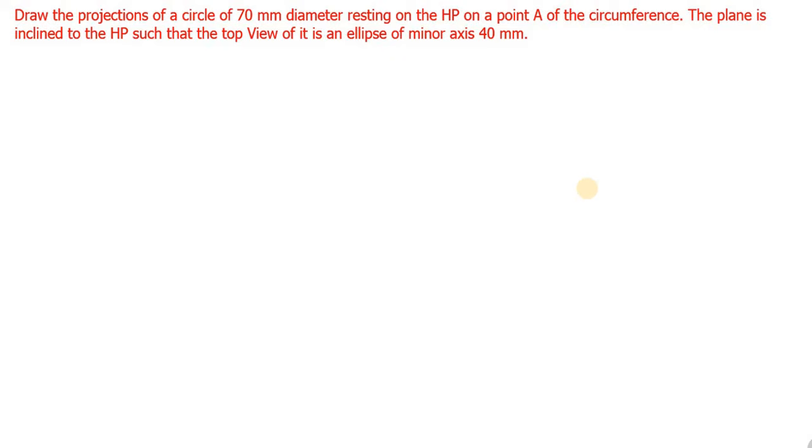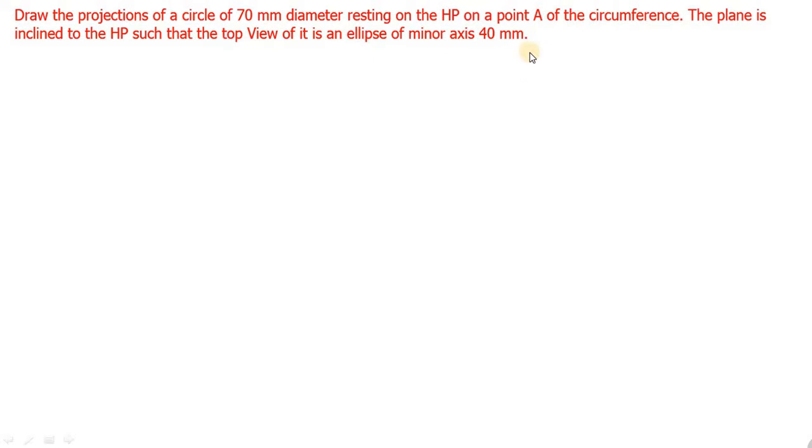Dear students, in this video we are going to see projection of a circular plane, giving the top view measurement. Here it is an important diagram, often repeated in university exams. The question is: draw the projection of a circle of 70 mm diameter resting on HP on a point A of the circumference. The plane is inclined to HP such that the top view of it is an ellipse of